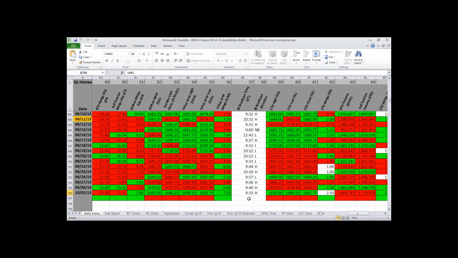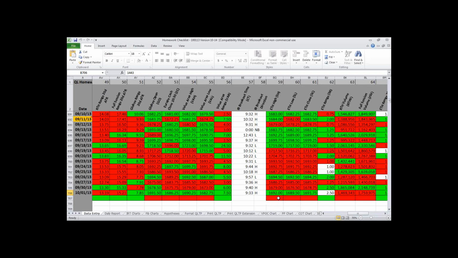Value area low was higher at 1682.75 for a 7.5 point value area. And we made and broke the IB inside of the pocket. We run a study on the probability of when the initial balance is broken, and you have a very high probability of doing what we call a make and break, setting the IB, the first hour high or low, and then breaking it within the pocket. That pocket is that first 15 minutes between 9:30 and 9:45. The second highest probability is between 9:45 and 10 o'clock.